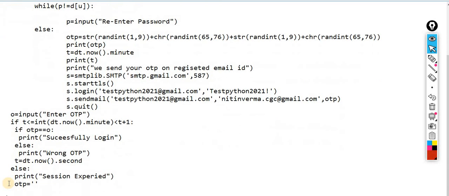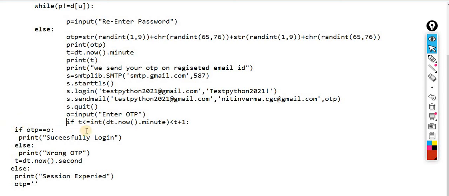Now the next code is I am asking the user to enter the OTP. Now the user will go to his or her email ID and get the OTP. Now if the time is less than or equal to the time plus 1 minute, that means, at what time was the OTP sent?